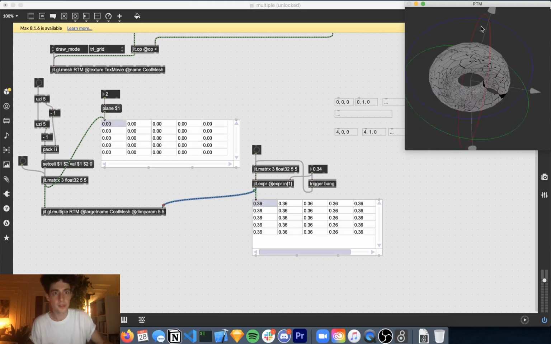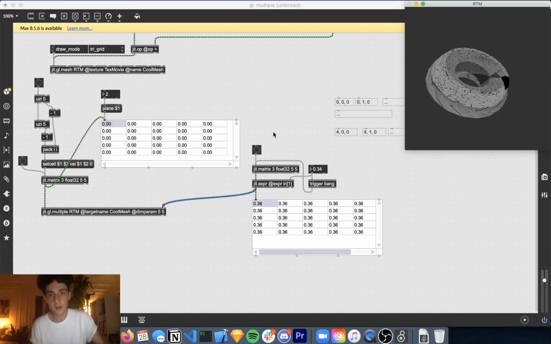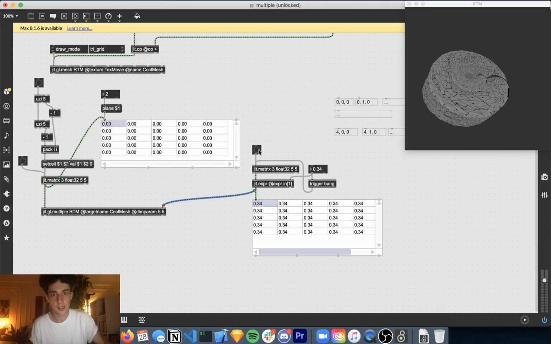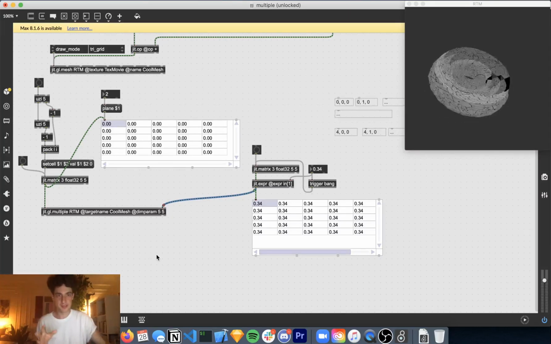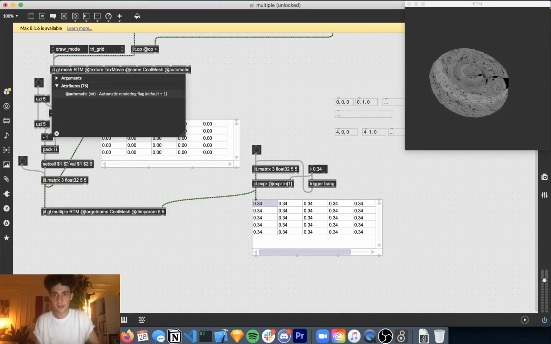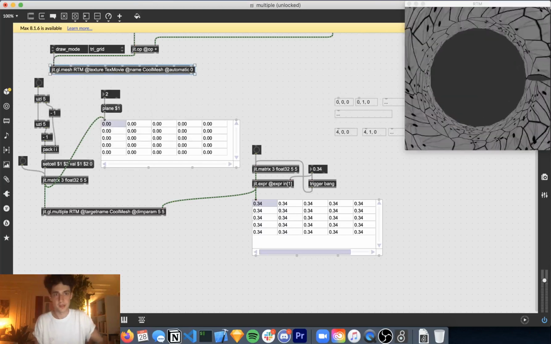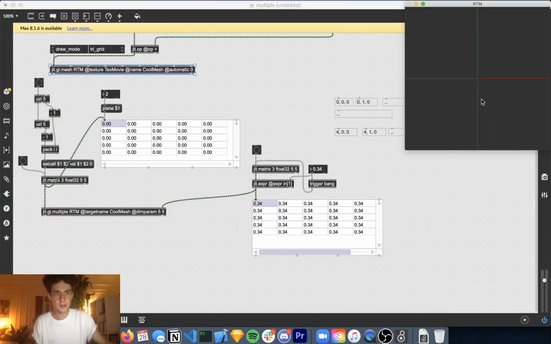We still have our original mesh. Oh, one thing that we should do is make the original mesh disappear, right? Because we only want to display our grids of meshes that we've created using this shape rather than having the first one. The way to do that is by setting the automatic parameter to 0, and that just disables rendering it on the screen. All right, so now if we zoom out a little bit,